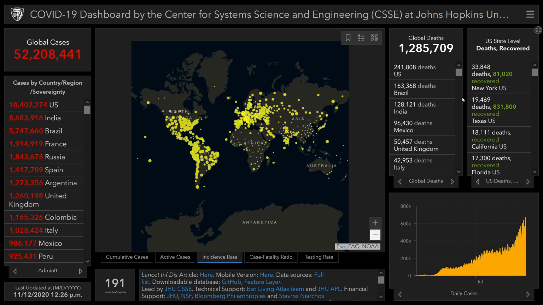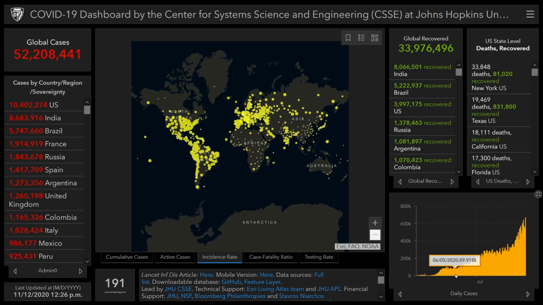The 2 columns on the right dive a bit deeper into the numbers, with the tables showing the amount of people that died globally, as well as the people recovered. And this is coming from a US university. More information on the US state level can be found to the very right. The bottom chart gives an overview over the time series of daily new cases worldwide.